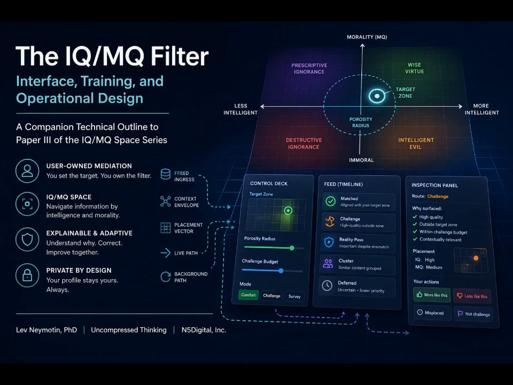To counter the threat of an elegant cocoon, the paper introduces 2 structural bypass mechanisms. The first is challenge injection. The system maintains a protected challenge budget. This mechanism deliberately seeks out content that falls completely outside your preferred zone, but which scores exceptionally high on intelligence, logic, and evidence density. Oh, wow. Yeah, it forces that content through the filter, ensuring you encounter well-argued opposition. It mechanizes the act of breaking the echo chamber. It doesn't just hope you find opposing views. It budgets for them. Exactly.